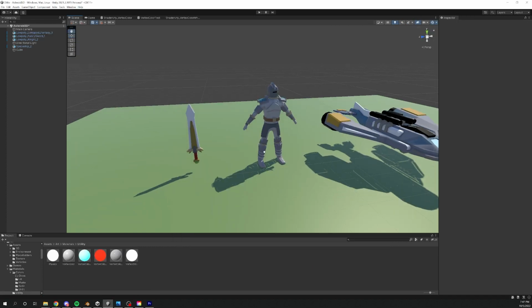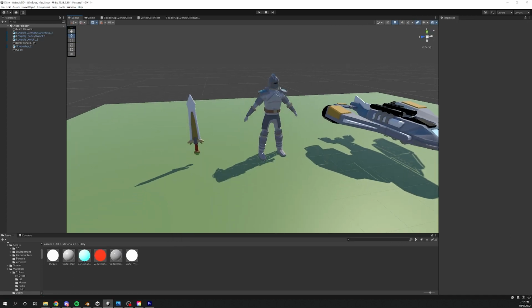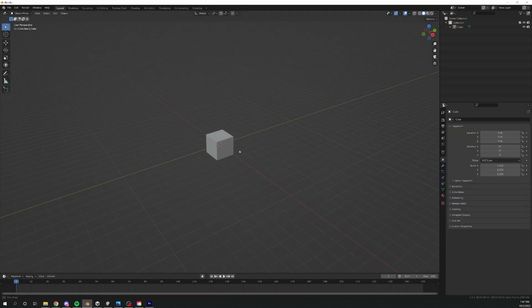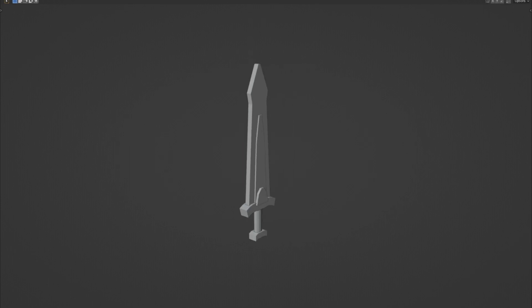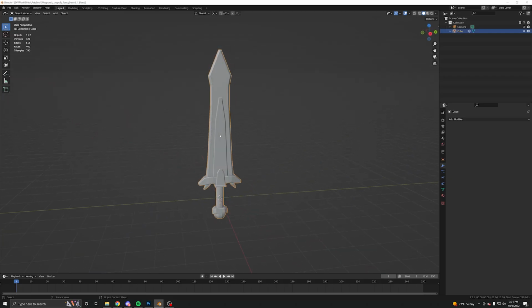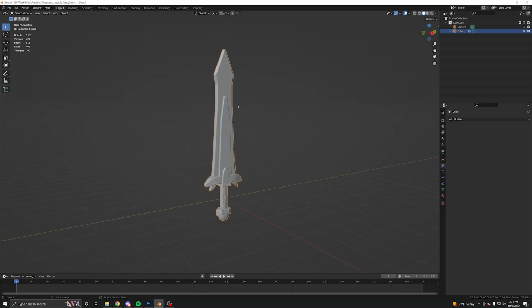So in order to use this technique, it requires you to texture paint it inside of a 3D software. And so in this example, I'm going to use Blender. I'm going to start out, I'm going to model a simple sword. So now that my model is finished, I'm going to apply a vertex color